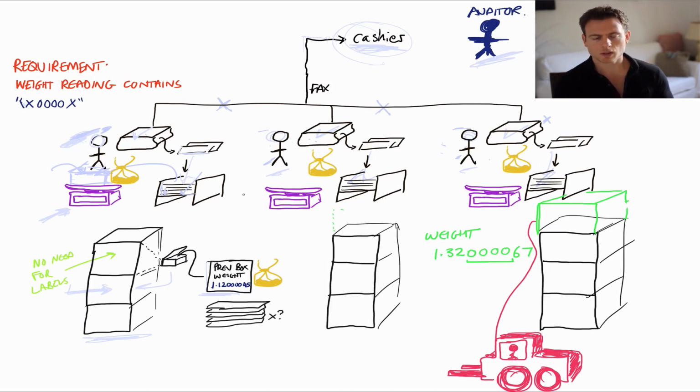But instead of presenting and sealing a new box every week, seal a new box and put it on the stack as soon as you get a reading from the scales, which reads the following pattern. So basically, sorry, I haven't drawn that very well. 0.XX000X. I could have thought of any random pattern in there. It could have been 1, 2, 3, 1, 2, 3, 1, 2, 3. But the point is,